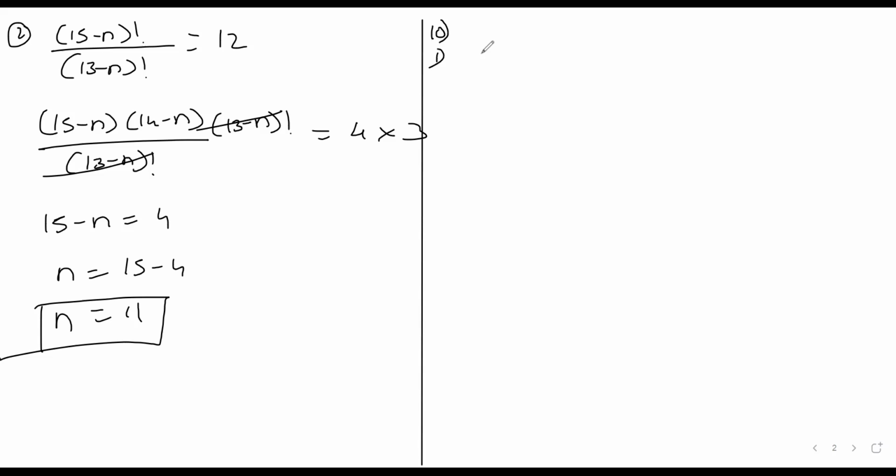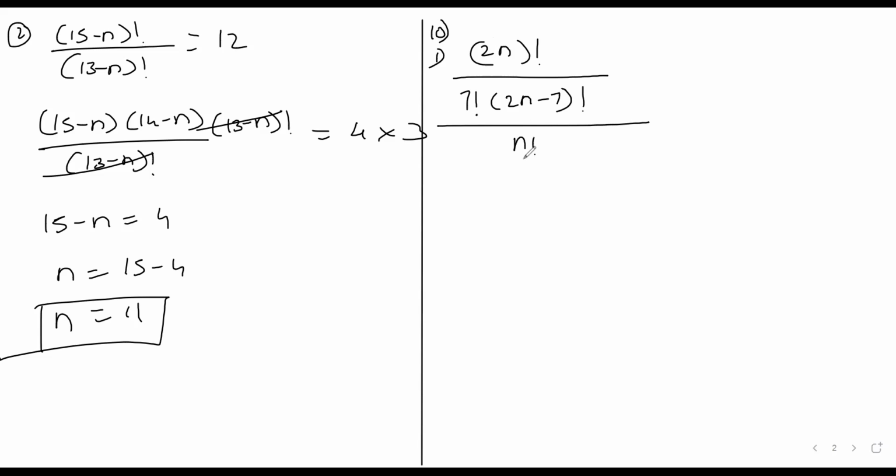Question 10, first one. 2n factorial. Actually, there is only one part in question 10. Whole thing upon 7 factorial, 2n minus 7 factorial. Whole thing upon, as it is 2, n factorial